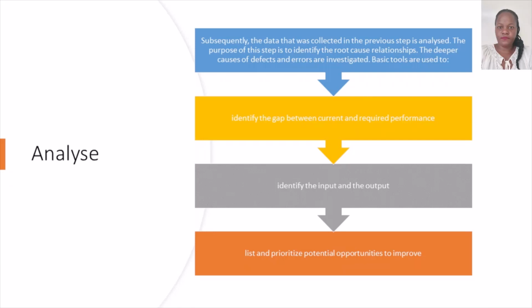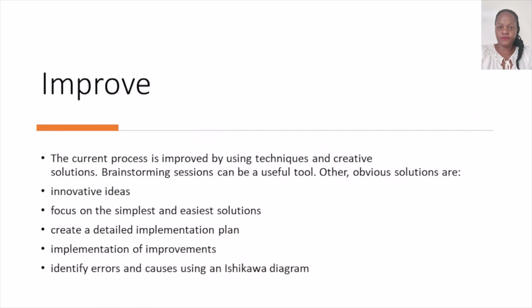If you're in the plant, you then have to say, let's see how the plant is performing, what are the results, and you analyze what is it that we can pick out from these results and what can be done to improve the system. So in the improvement phase, that's where you implement